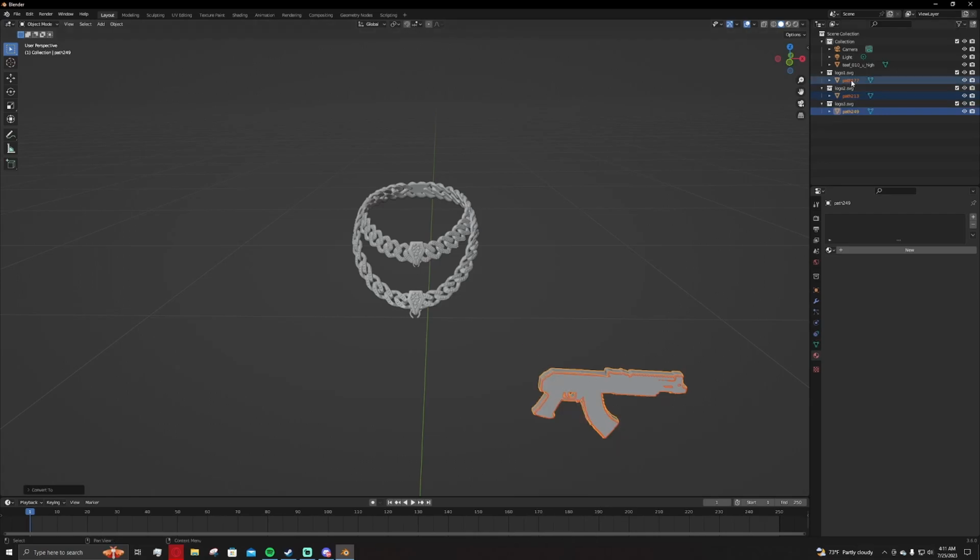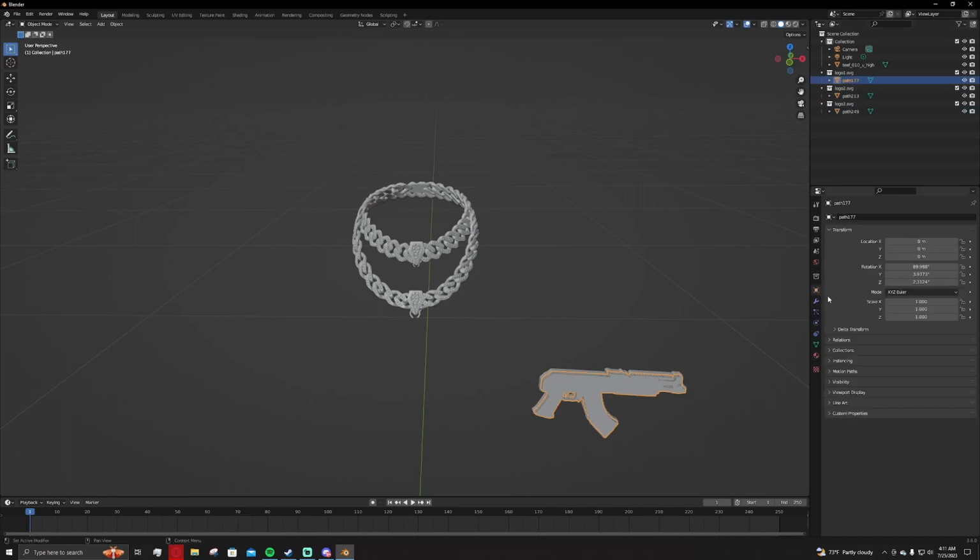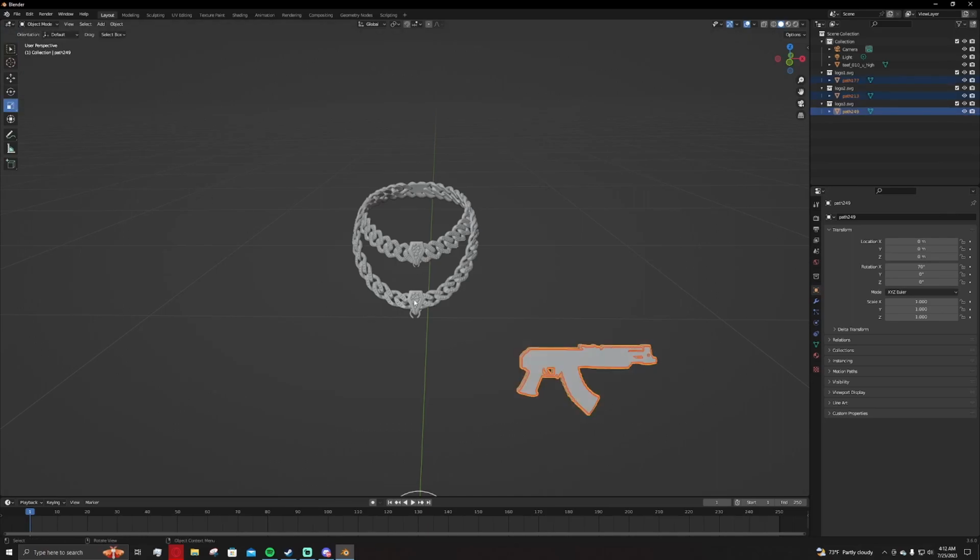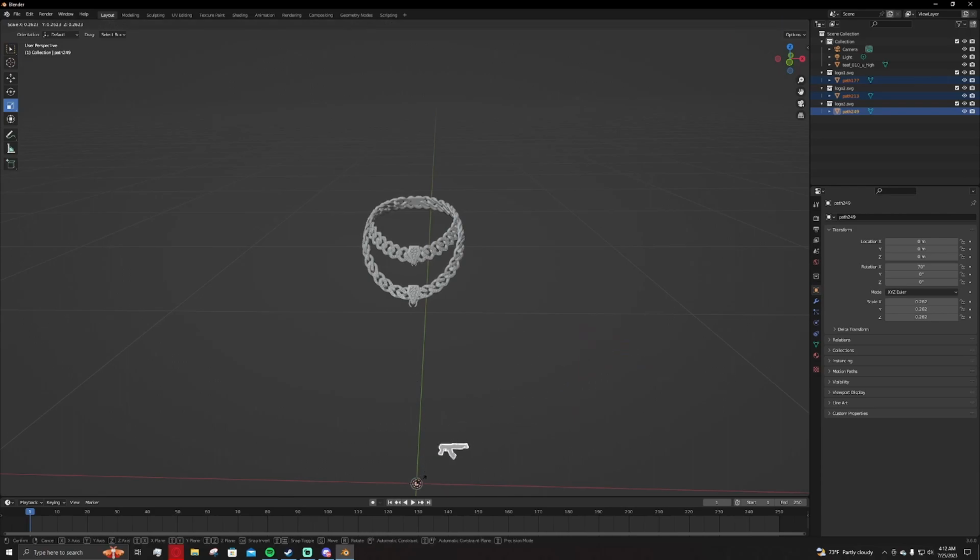Now that you got that, go to logo 1 on the path, go up to the orange square, rotation 70, Y 0, Z 0, 70, 0, 0, 70, 0. Now highlight over it, come down to the scale, scale it down,